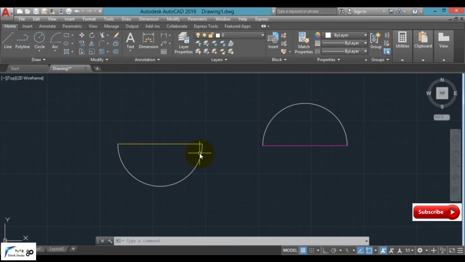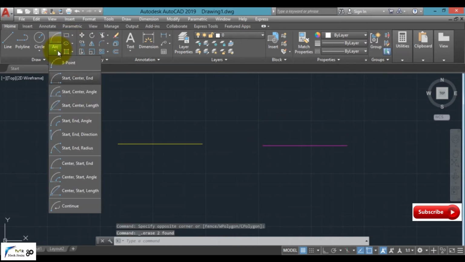What was the reason for it? We have to understand that an arc originates from the start point where we click. Clear? So we clicked here as a start point. So the arc originated in the anti-clockwise direction from this start point to the end point. Similarly, on selecting a start point on the right hand side, the arc originates in the anti-clockwise direction in the upper hemisphere. Understood?